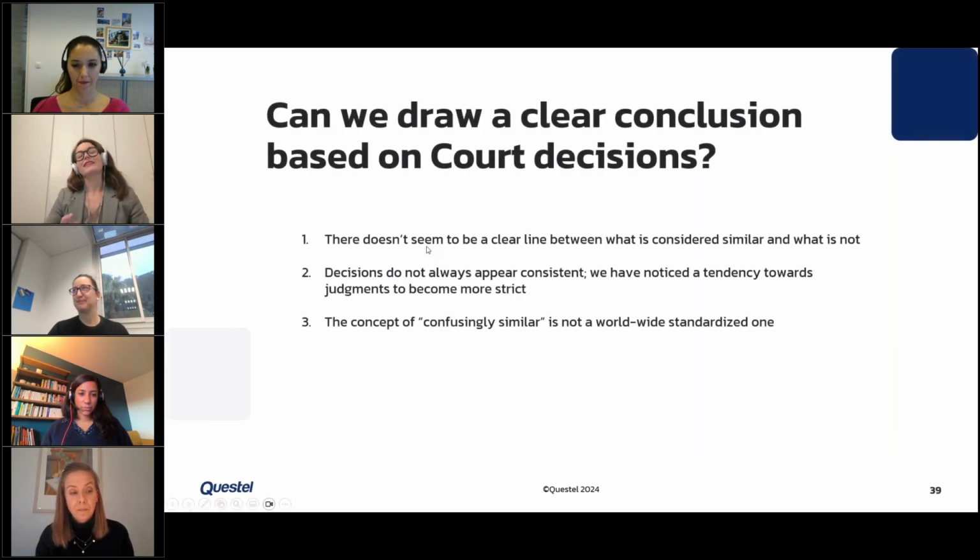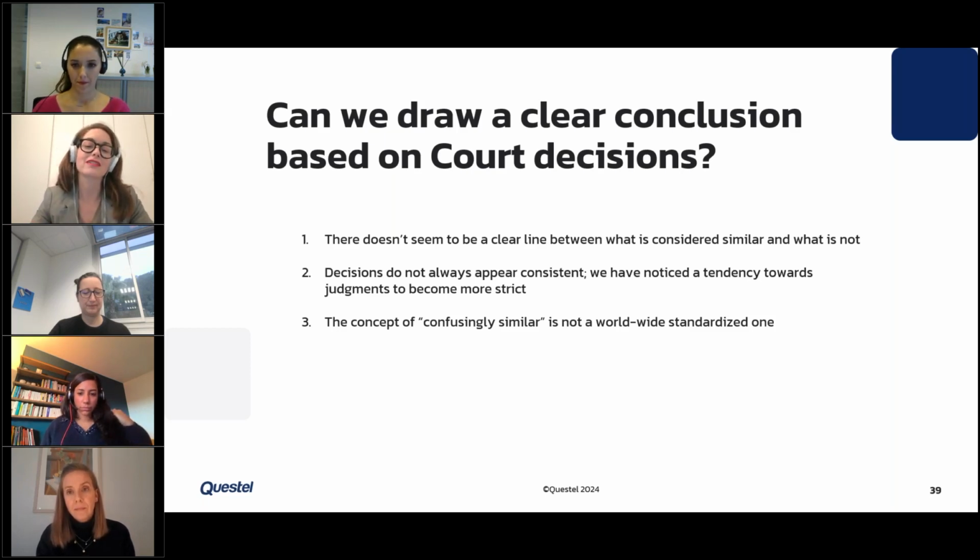Yeah, exactly, and it's true, can we draw a clear conclusion based on court decisions? I mean, in our opinion, there doesn't seem to be a clear line between what is considered similar and what is not. The decisions do not always appear consistent.